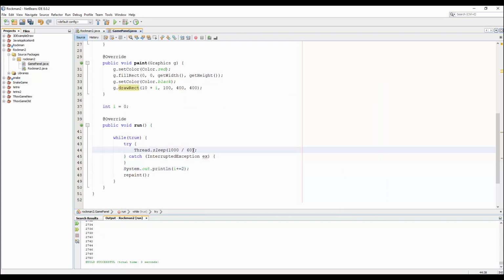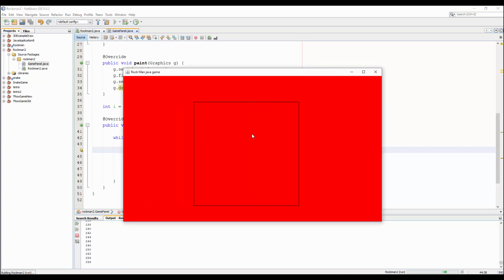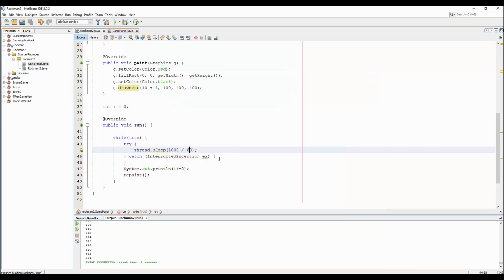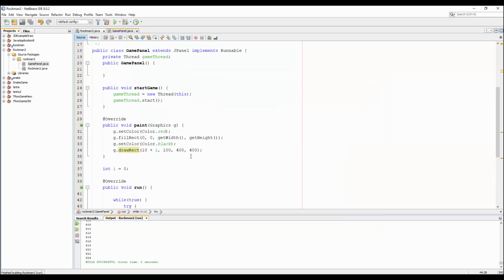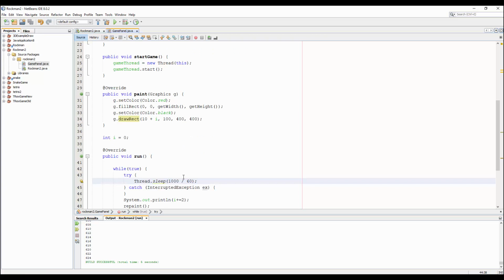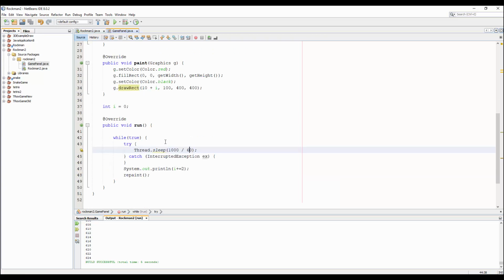Right here, change to 60. So I think I need to change something because this is